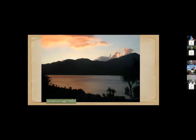Here's sunset on Lake Atitlan. One of the beautiful places